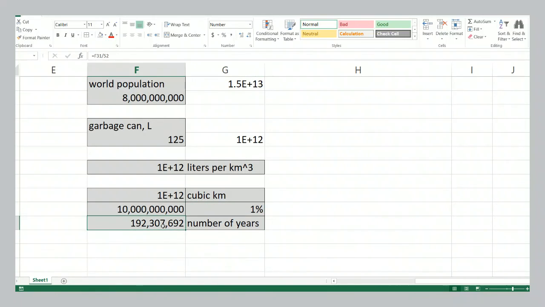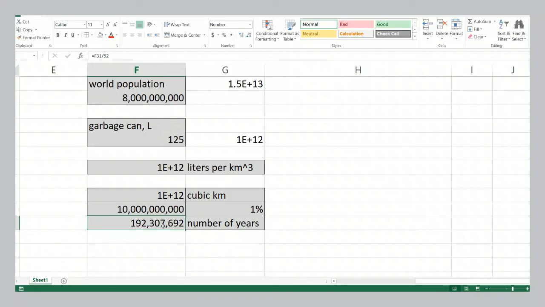So what was 200 million years ago? Well, that was the dinosaurs, like real big dinosaurs, not birds, like actual dinosaurs, what people think when they hear dinosaurs. So if at the time of the dinosaurs, there were as many people as there are in the world today, and since then, every single year, there have been that many people, and every week since then, every single person has been generating an outdoor garbage can full of garbage, then by today, we will have filled up 1% of the Earth.